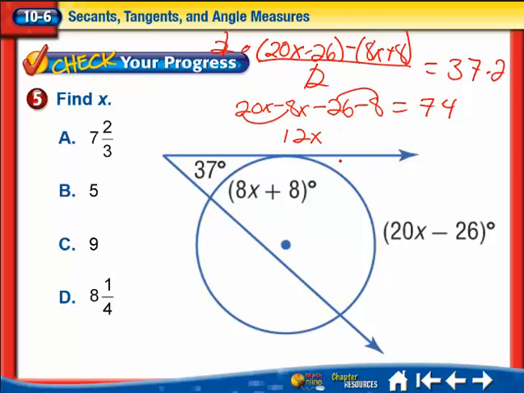Negative 26 and negative 8 is a negative 34 equals 74. I add my 34 to both sides. Remember, I'm trying to get x by itself. That gives me 108. If I divide by 12, divide by 12,